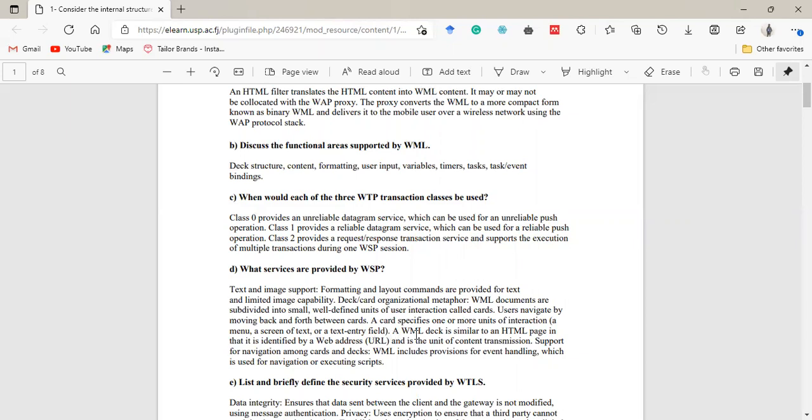A WML, Wireless Markup Language, deck is similar to an HTML page in that it is identified by a web address and is a unit of content transmission. Support for navigation among cards and decks. WML includes provisions for event handling, which is used for navigation or executing scripts, right? So, like I said, what you want to do is